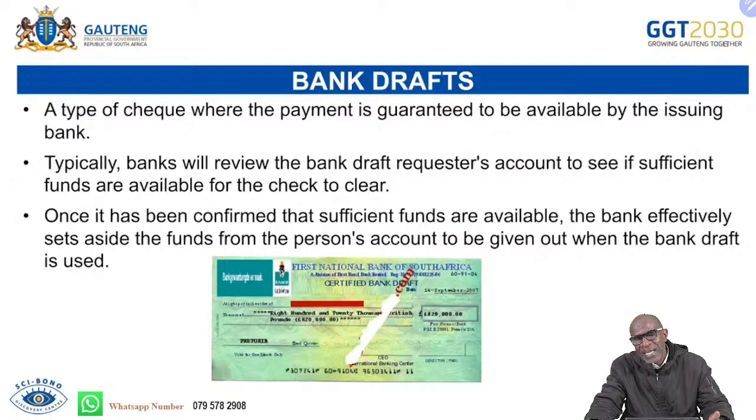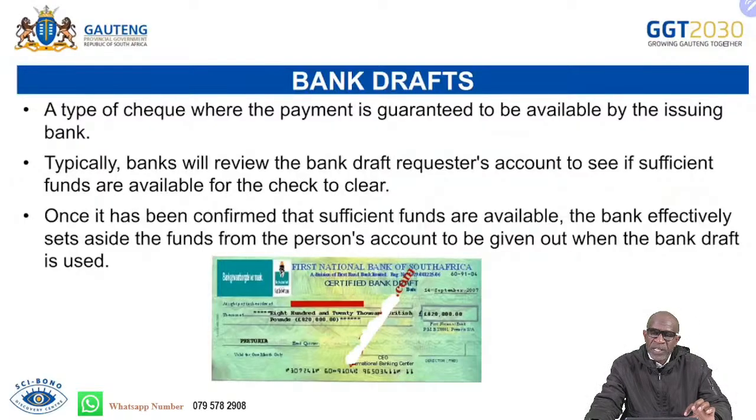Car dealers relied much on this kind of payment. Before you can buy a car, they would prefer you to give them a guarantee for a deposit, a guarantee that you'll be able to pay the required amount of money. And this was a method that they relied on